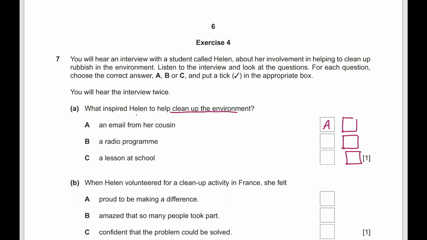So drawing 3 boxes and putting a clear tick, I'm sorry, and writing a clear tick inside one box only, so you write it here. So instead of here, which is wrong. You might do it this way, but better you draw 3 boxes and tick the correct one, okay?